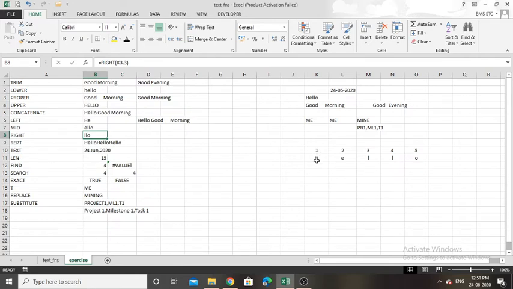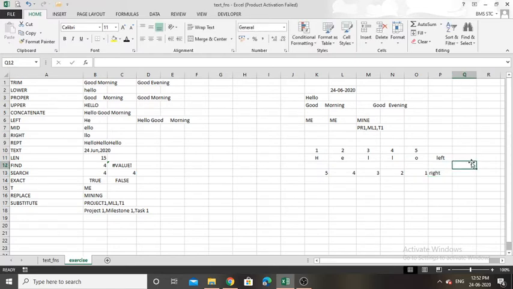Okay, so this is the case of left, and for right it will be 5, 4, 3, 2, 1. So this is the indexing of right function.